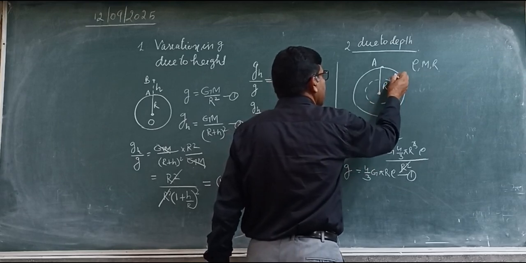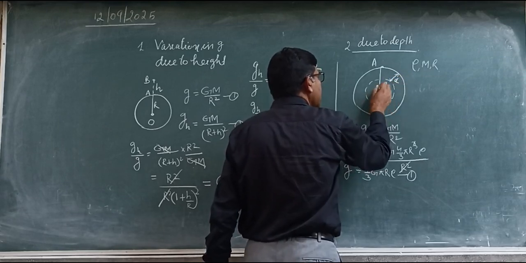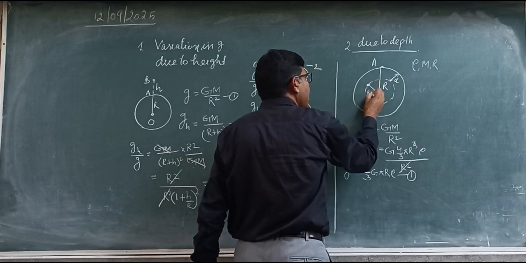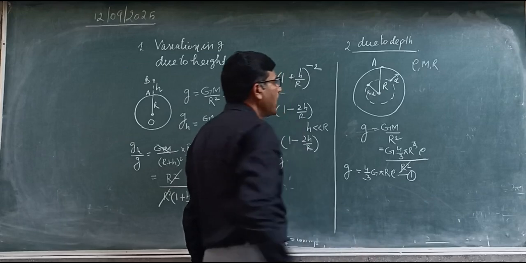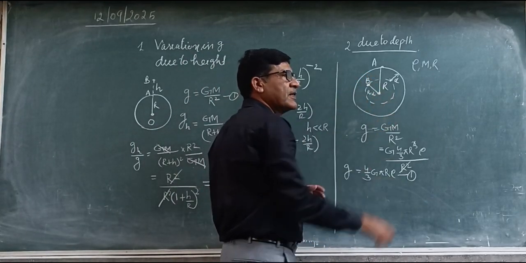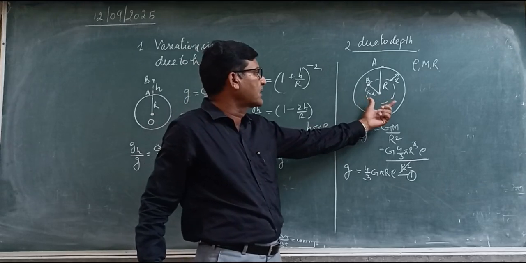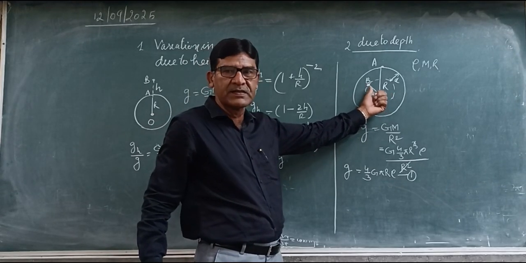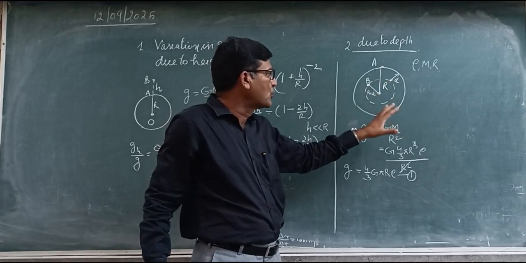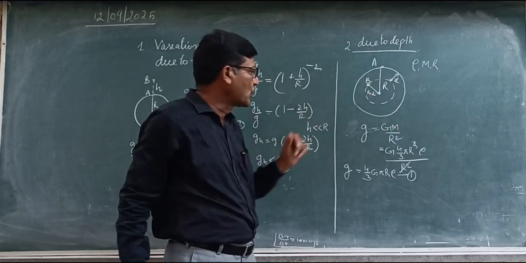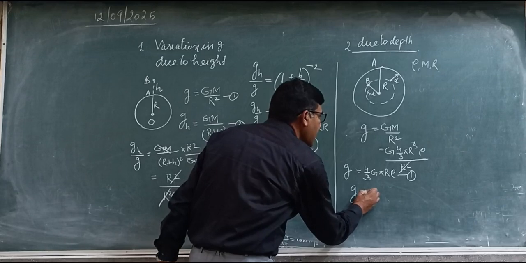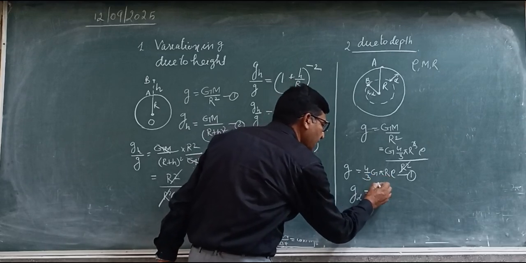This is depth d. Now the distance of the object is at this point. This distance is r minus d. Now when the object is at point B, the effective portion of the earth is of radius r minus d. The upper portion beyond B has nothing to do with the body. So the acceleration due to gravity at point D is equal to, I will directly write down, that is